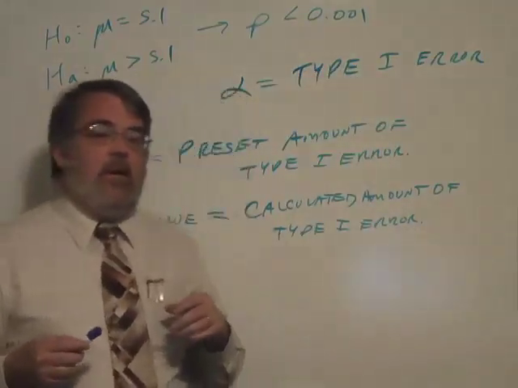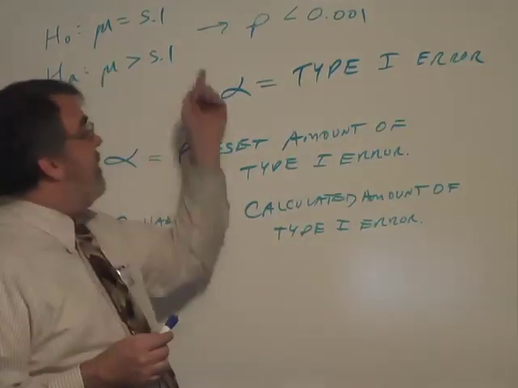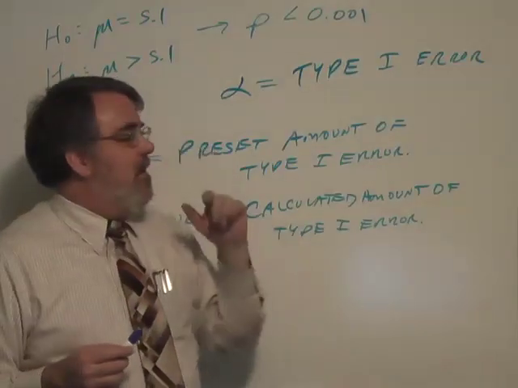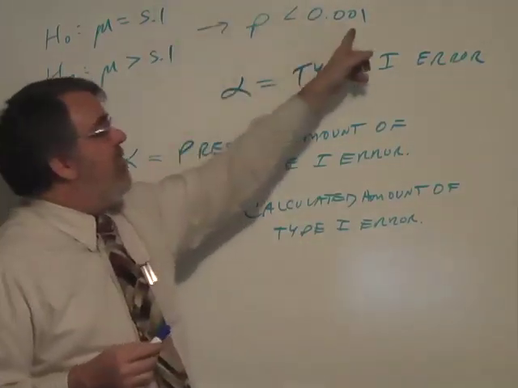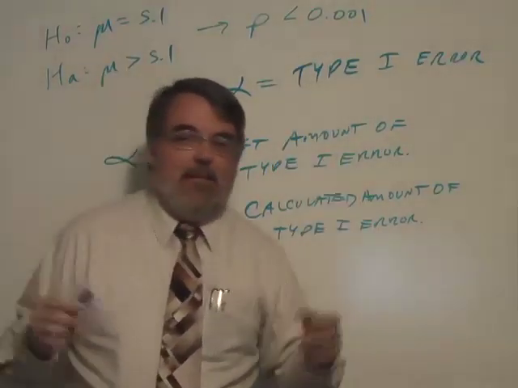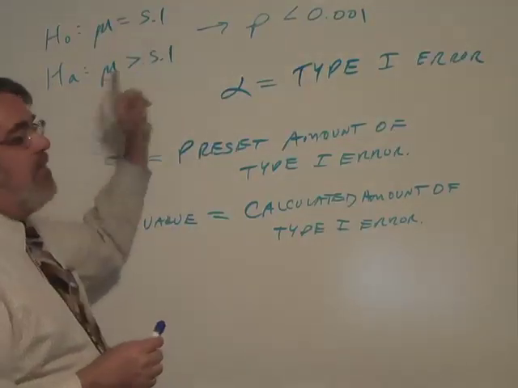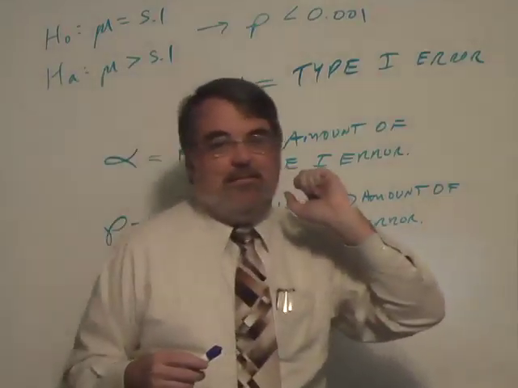So, but if that was true, then I would be making a mistake in rejecting this, wouldn't I? In favor of the alternative. Well, my probability of rejecting this in error is so small that it leads us to conclude that it's a safe bet. We reject this in favor of the alternative. 99.9% confident. So,